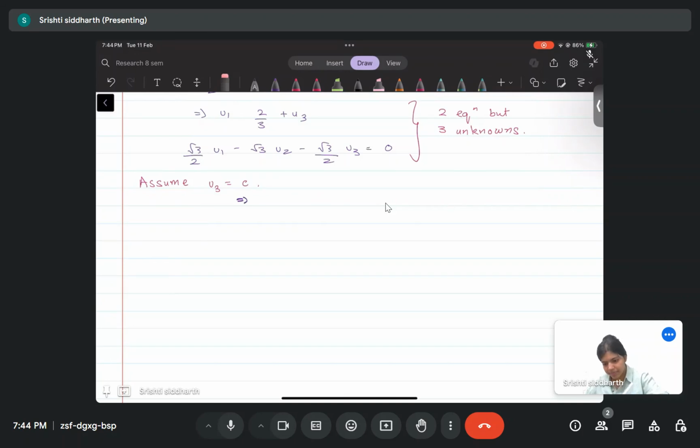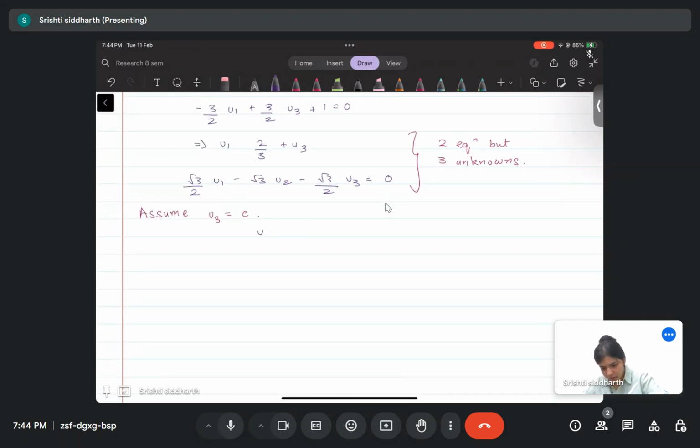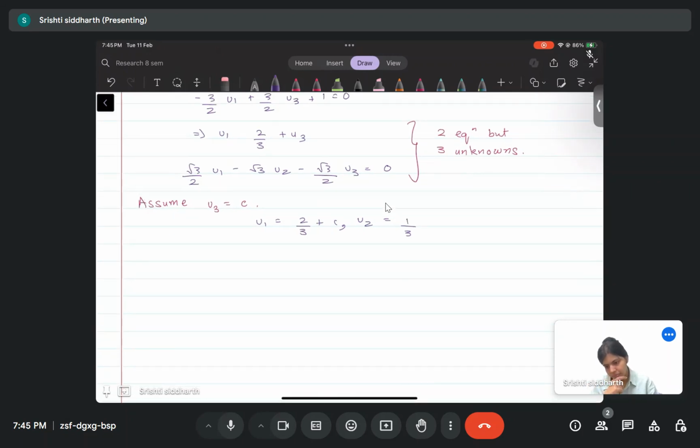So this implies that u1 is 2 by 3 plus c and u2 is 1 by 3. Just check if this is correct. Half of u1 minus u3. Yeah. Okay. So therefore, there exists a constant